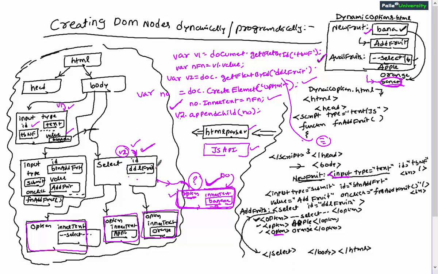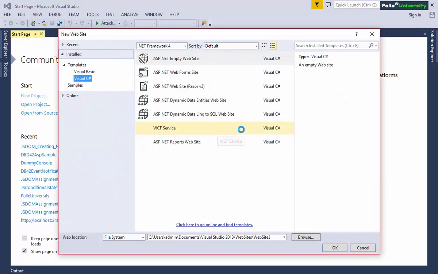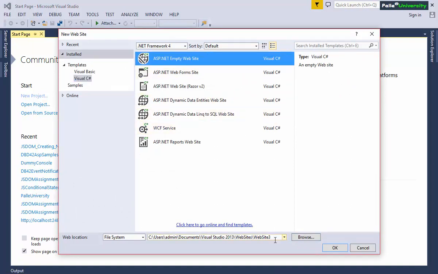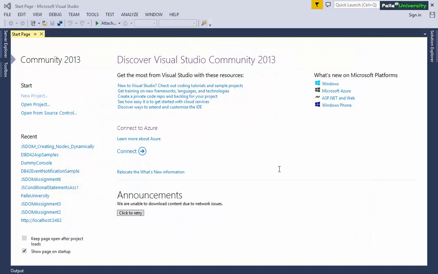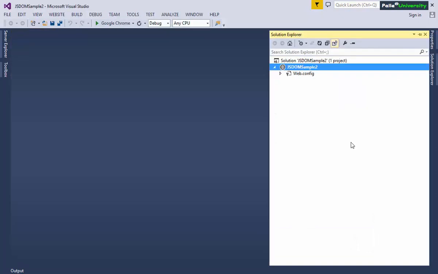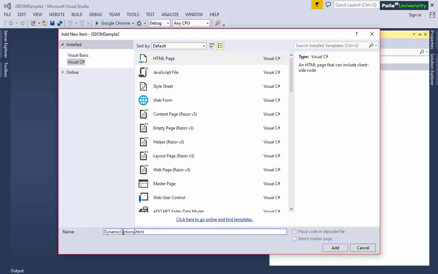So in this session, I will try to show you the same example which I explained in the immediately previous session. I will show you the same example in my Visual Studio. Now, I am creating a new empty website with the name Creating DOM Nodes Dynamically. In this new project, I will create a page with the name dynamicoptions.html,